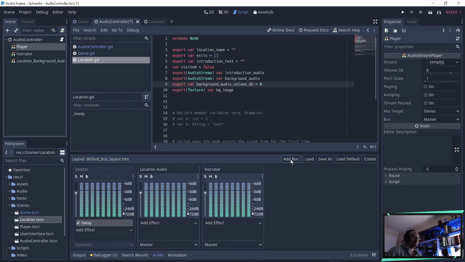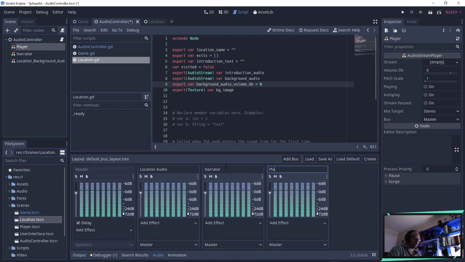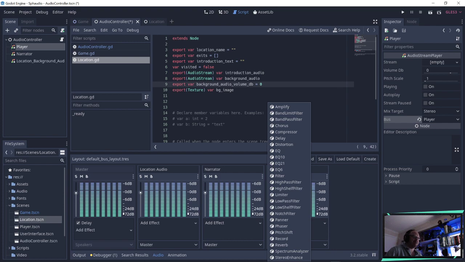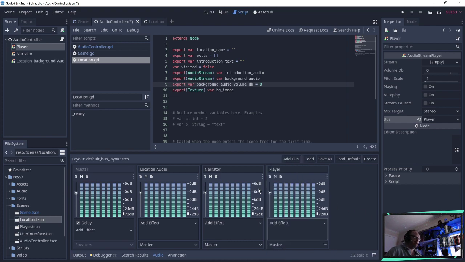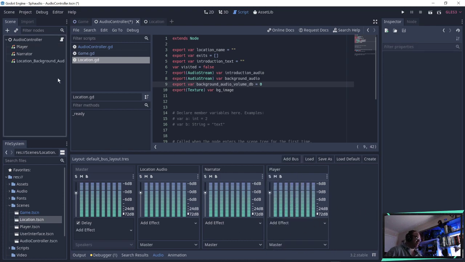We can have another bus. We can have the player, and then the player streams through its own. So now we could have different effects to make it sound like, oh, that's the player talking. I mean, wow. Okay, this is going to be pretty cool. I don't know how to adjust the background audio volume, but we can assume that this is going to be